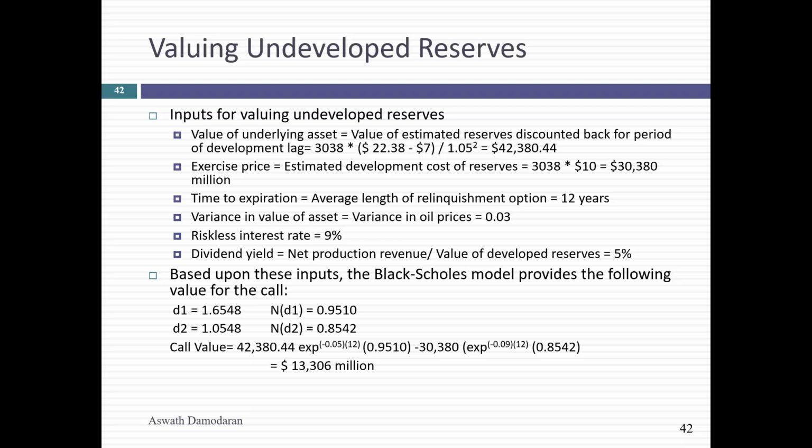There's another implicit assumption we're making here that can also kind of crimp your development of the reserves. As you develop the reserves, you have no effect on oil prices. I take 3.038 billion, and demand and supply basically leaves the oil prices where it is. That might be okay if you're a small oil company, but Aramco said, look, we're going to take 300 billion barrels of oil out of the ground right now.